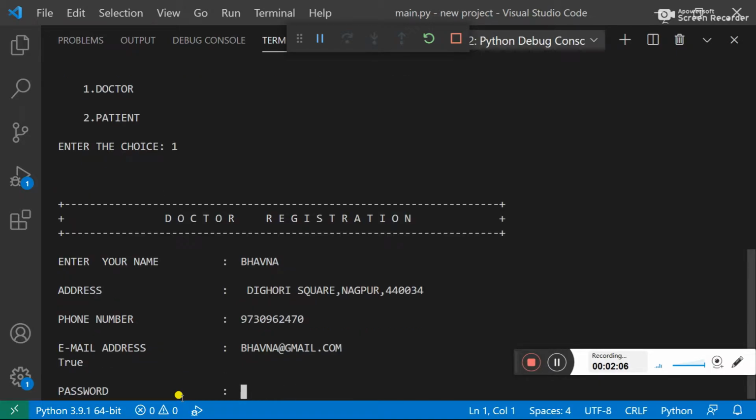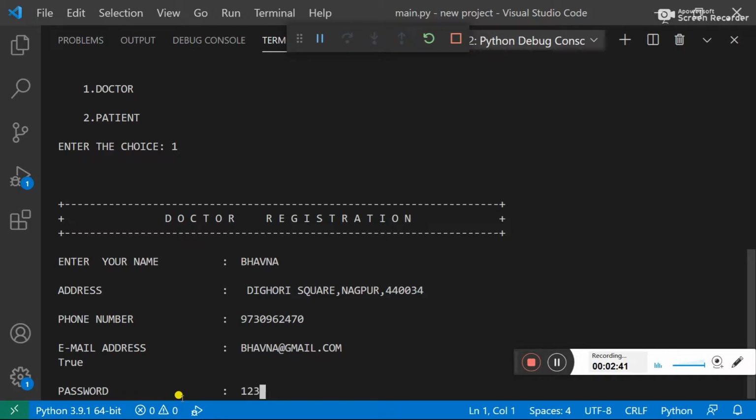I tell you, here I am using validate email. It checks whether the email is valid or not. Whatever email we enter, if it is not valid, the result will be false, and if it is valid, the result will be true. You can see here the result is true because we typed a valid email.